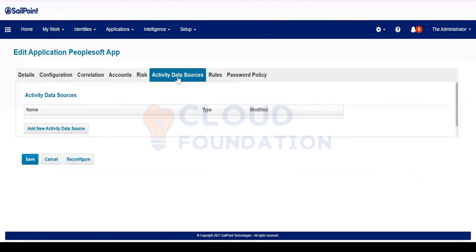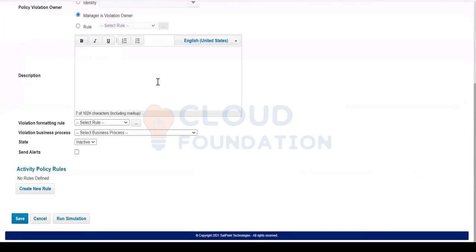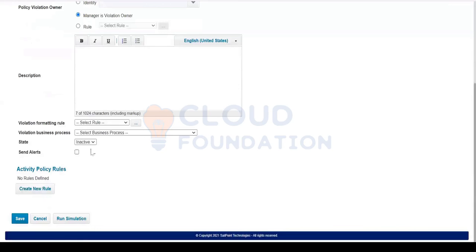They won't allow SailPoint to access all of their logs so that we can monitor all the user activities. It's nearly impossible. I have never seen this activity data source implemented in real time. If it is enabled, you can implement some limitation on user activity in the target using this activity policy, but I never configured it in real time. We can skip.